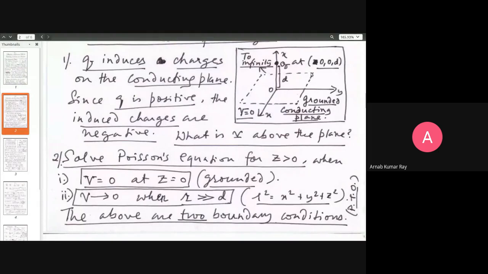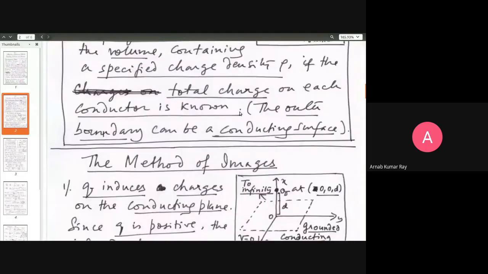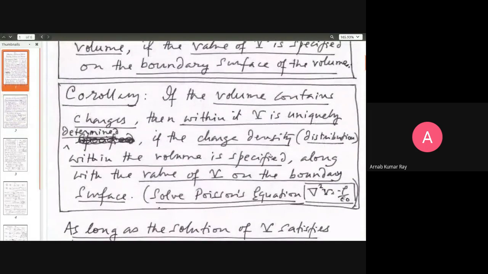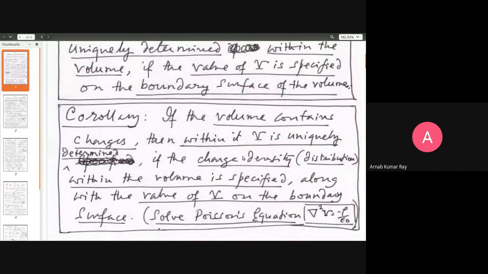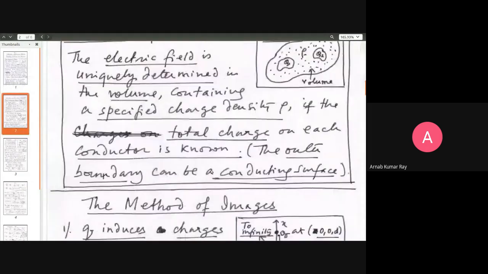V is equal to 0 at this plane and V is equal to 0 at a great distance above the plane. So those are the two boundary conditions. Within these two boundaries, we shall have to solve Poisson's equation. What is the uniqueness theorem saying? Uniqueness theorem or its corollary is saying that V will be uniquely determined. Given two boundary conditions, only one V could be found and nothing else. Can we then,